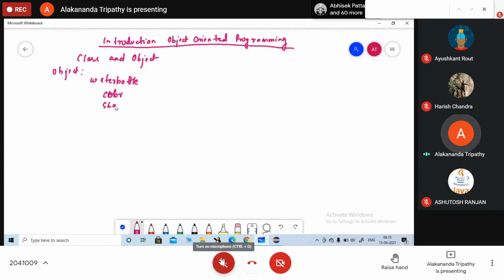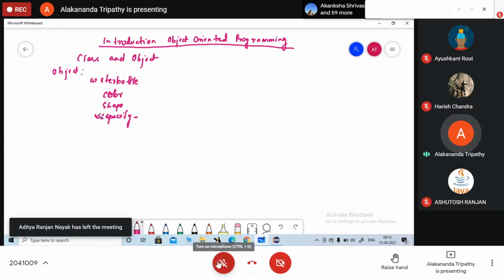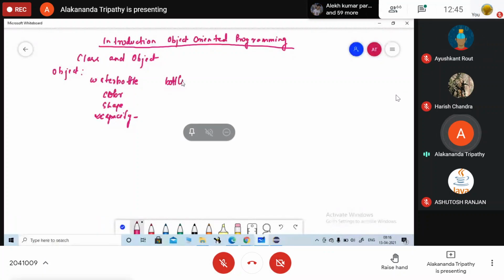It has shape. It has a capacity. So what is capacity? It's showing us how much water it will contain. Okay, so these are some properties of this water bottle. If you have the same type of properties in another bottle, they are grouped together to make it as a